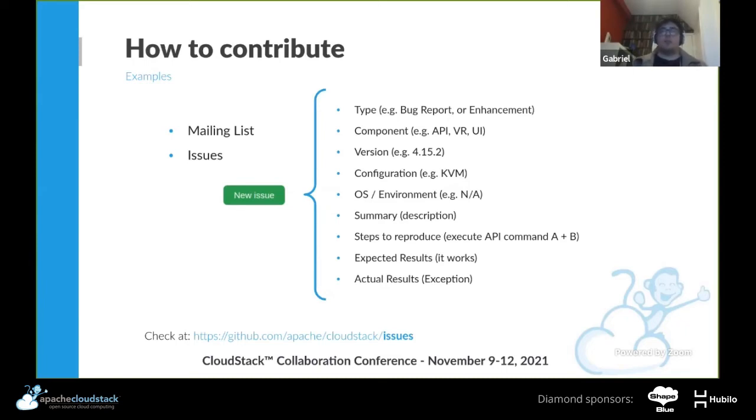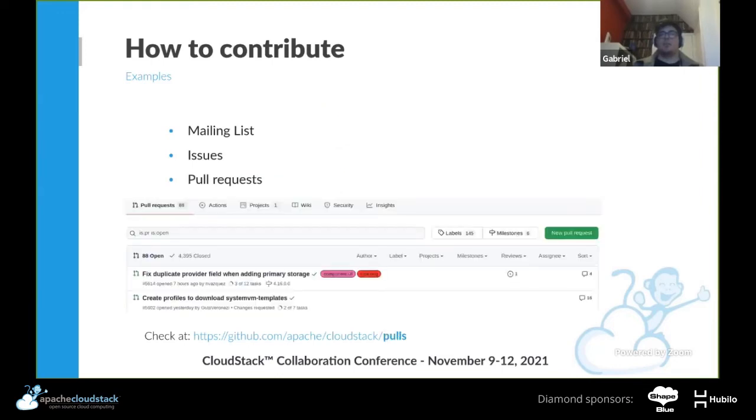Then the summary, where you describe the issue and steps to reproduce. This is very important, so other contributors can reproduce it and discover a bit more details of this issue. Then expected results and actual results. That's it. The issue will be open, and we will be able to address it, discuss, and target a release.